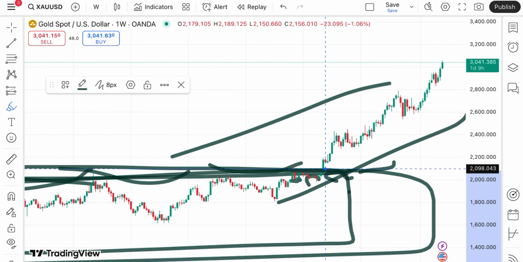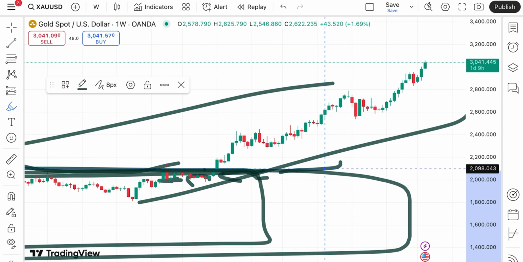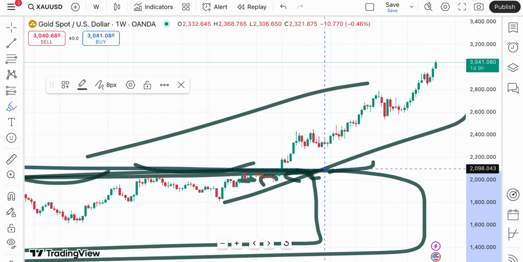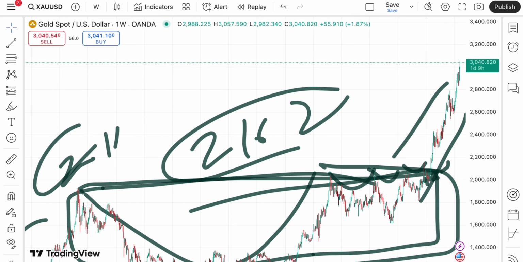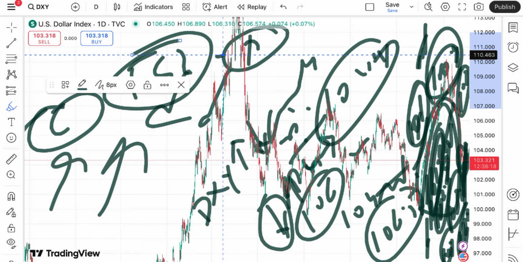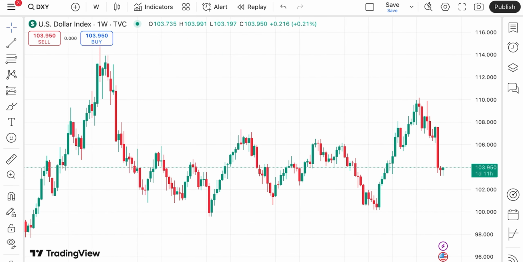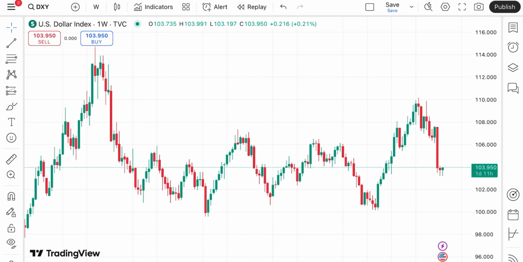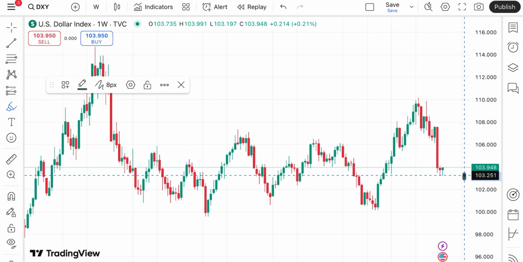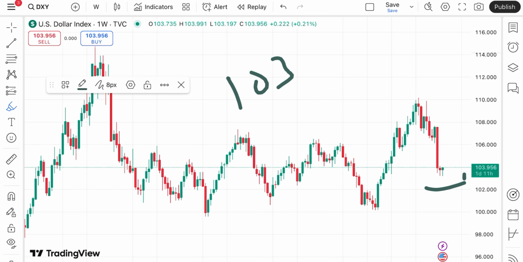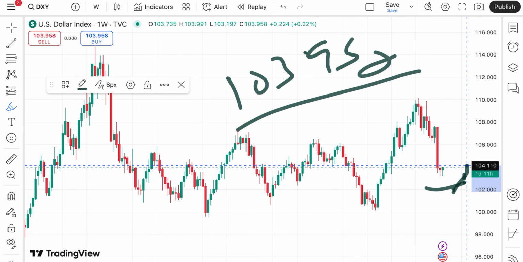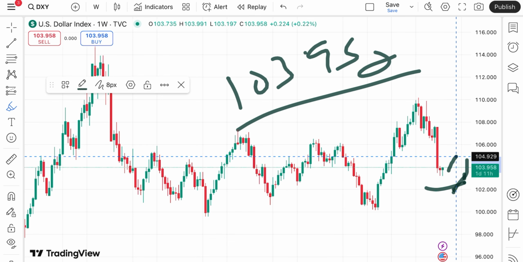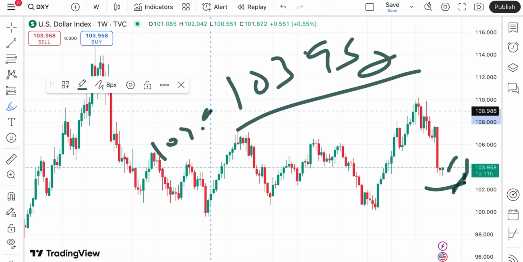Now, chances of going further high we can judge by looking at the dollar index, because there are a lot of factors responsible for the price of gold. If you look at the dollar index, you will see how it is affecting the price. Now let's see how the dollar index is moving. After making a low of around 103.134, it formed a swing and is now trading at a level of 103.950. Chances are high that if the price keeps moving above this level, it can touch a level of 104.6, and from there a level of 104.9.